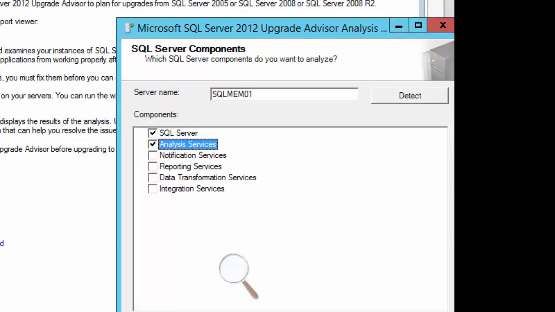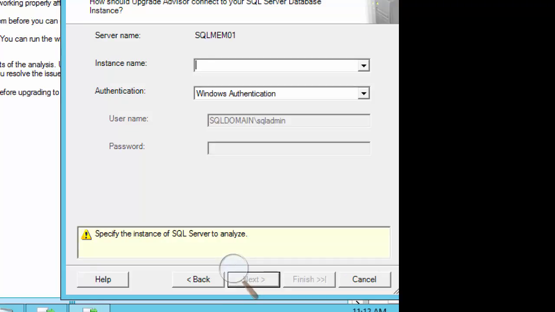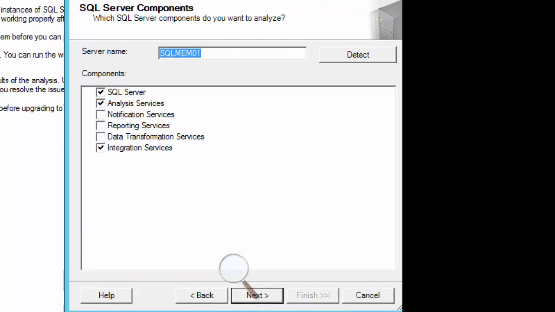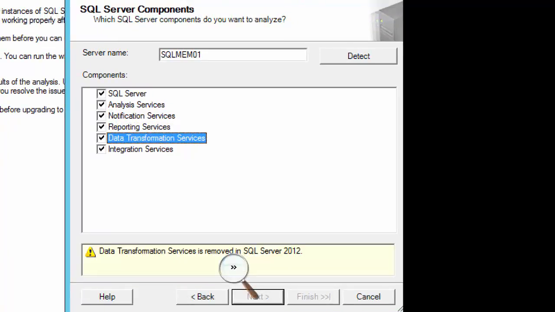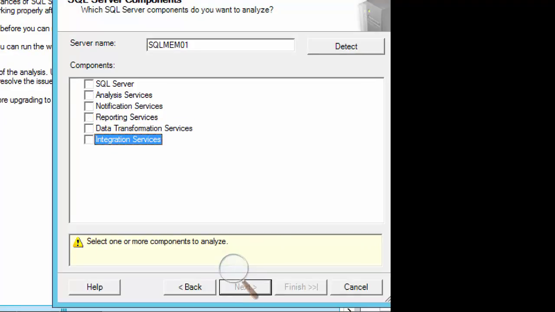And then see this, the information is it's trying to collect SQL Server analysis services, notification services. We don't have any other integration services. Data is there. If we just select this one, it gets the server name as well. But if it was 2005, it would have just given the report like this. Instance name also is trying to investigate, but it's not coming up with any. So I'm just supposing if I put all these, detect mem01, select one or more components to analyze, SQL Server.